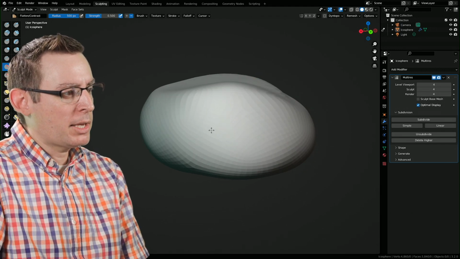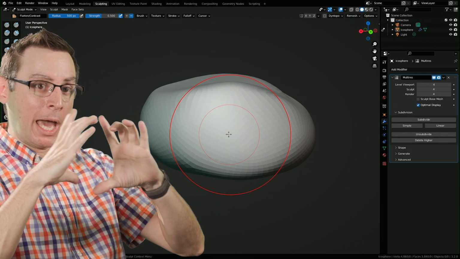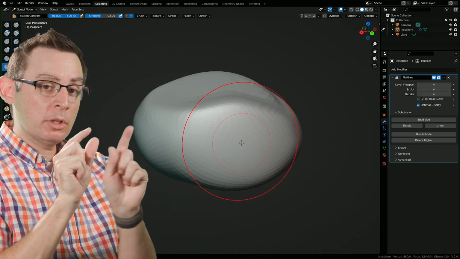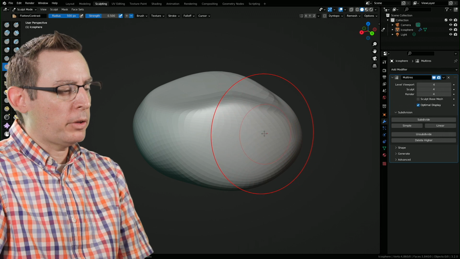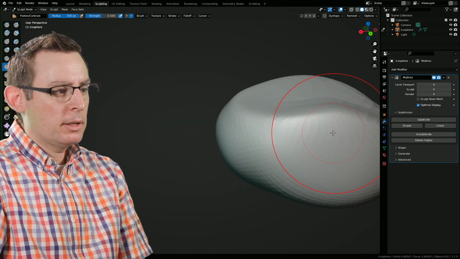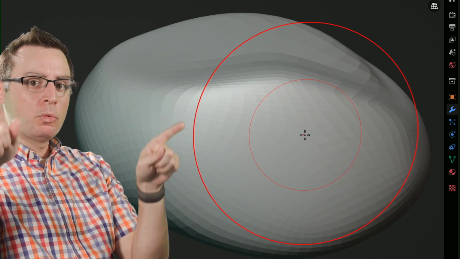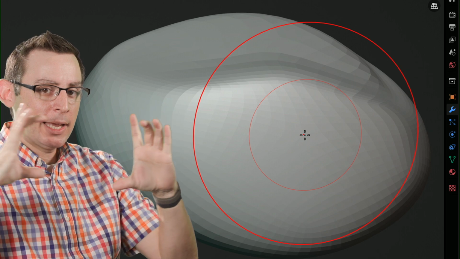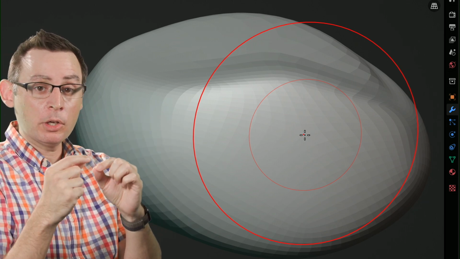Be mindful of the size of your brush. The plane that's going to even out and flatten is going to match the size of your brush. It also is looking at the falloff of your brush. If you look real carefully, I'm going to see if I can do this real fast. Here we go. Get it into view. If you look real carefully here, we have 2 rings on our brush. We have the outside ring, which is the brush size, and we have the inside ring, which represents the interior falloff.